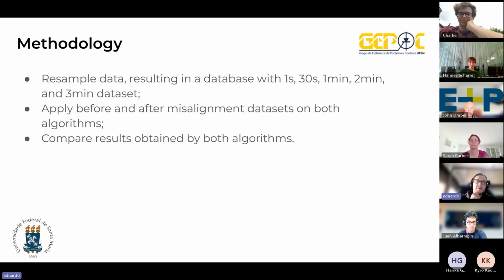We also tried 10 minutes, but we understood that there was not enough data to have a good analysis. And then we applied it to the before and after misaligned data sets. This data set is the one with 0 misalignment, and then we have the 6 offset.